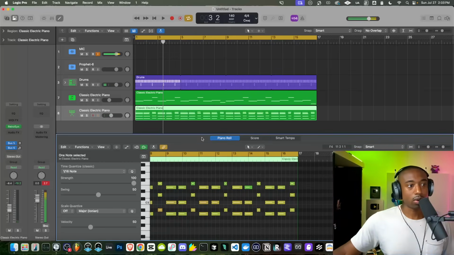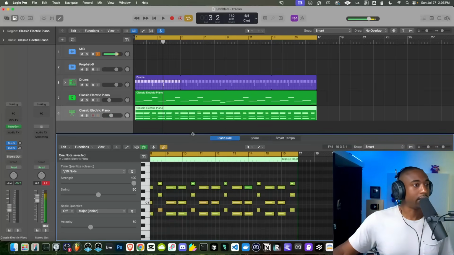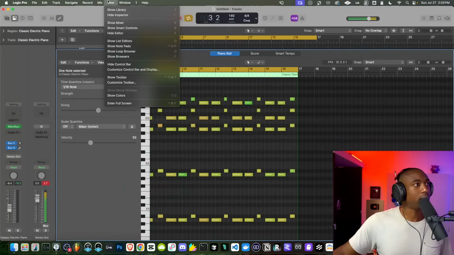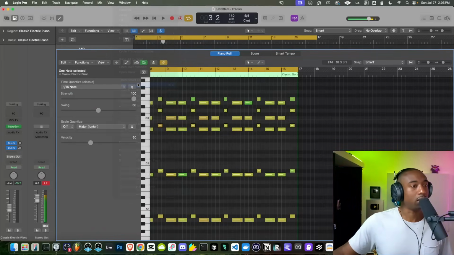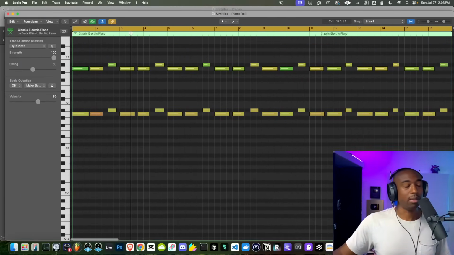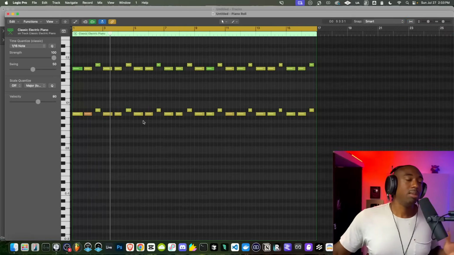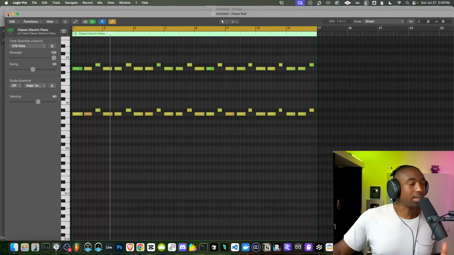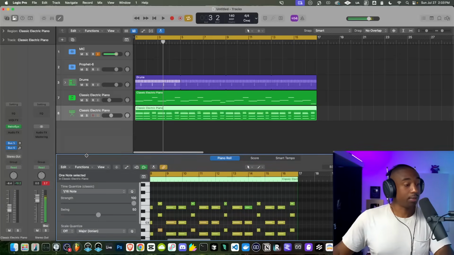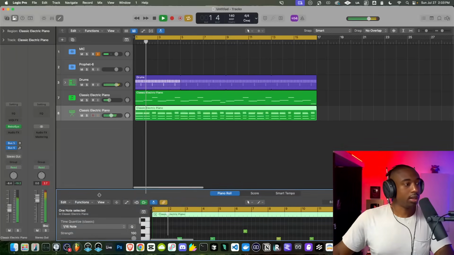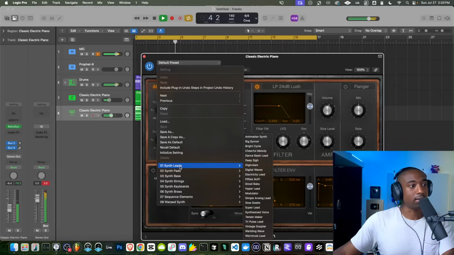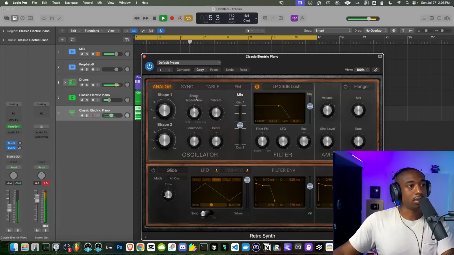I'm not in their piano roll as much as FL Studio's piano roll to edit. But if I were to go in the piano roll, I think I would go to where it says View. Go to Window and then Open Piano Roll. It will make the piano roll bigger, and then we could actually see everything that's going on. So I'm not really in the piano roll as much in Logic Pro because I don't type notes in. But I'm just letting you guys know how to make it bigger so that it's full screen. Now let's go in and switch the sound out. So I'm just going to go through presets here. We're not going to spend a lot of time on the chord sound.